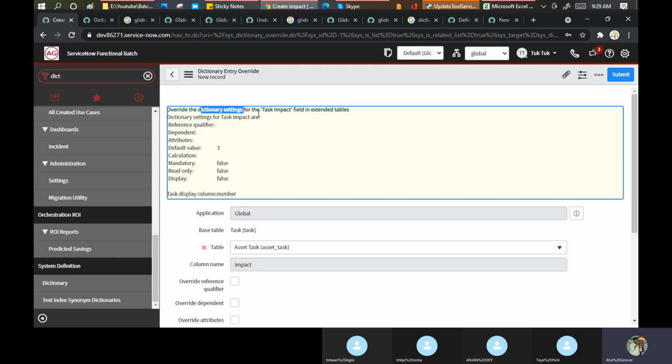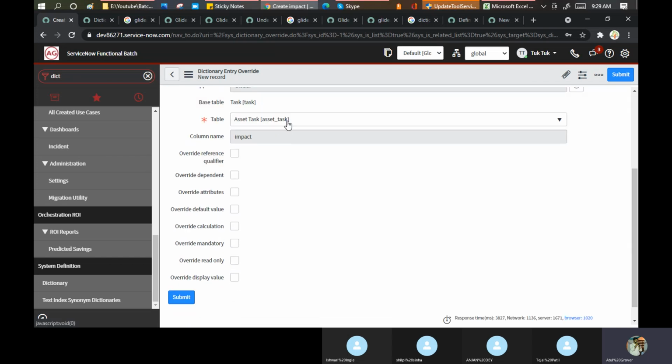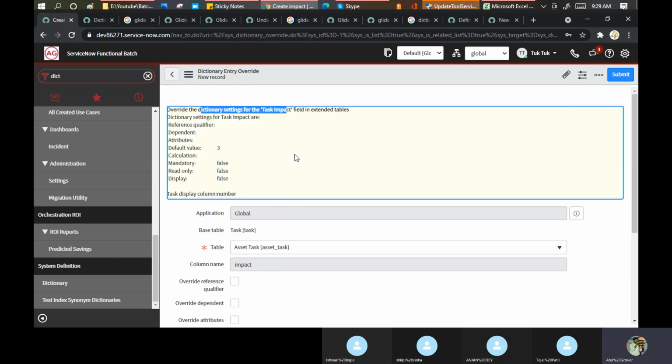It says that you're overriding a task impact extending table. Then go to the table on which you want to implement. Okay, let me close this for a minute and restart again.